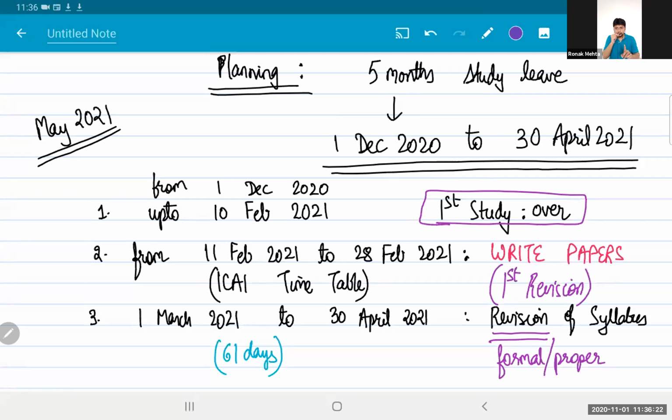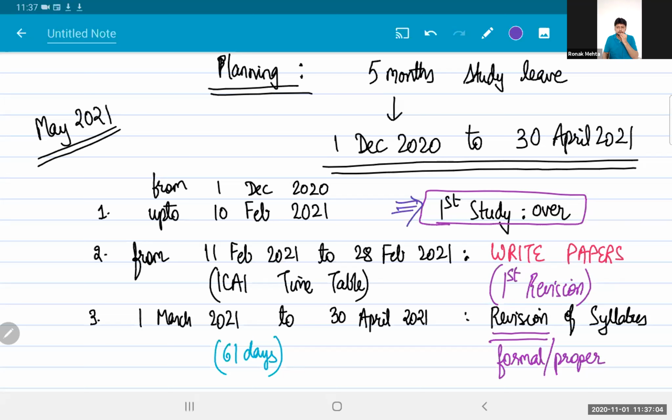If some of you are getting your leave from 15th of December, we are today standing on 1st of November. You have November as a full month, and 15 days of December before your study leave commences. Try and finish one subject's study before your study leave begins on 15th December. The advantage will be that whenever you start your study leave, you will be mentally relaxed. Okay, I have to study only 7 subjects. I have to study only 6.5 subjects. Let me plan accordingly.